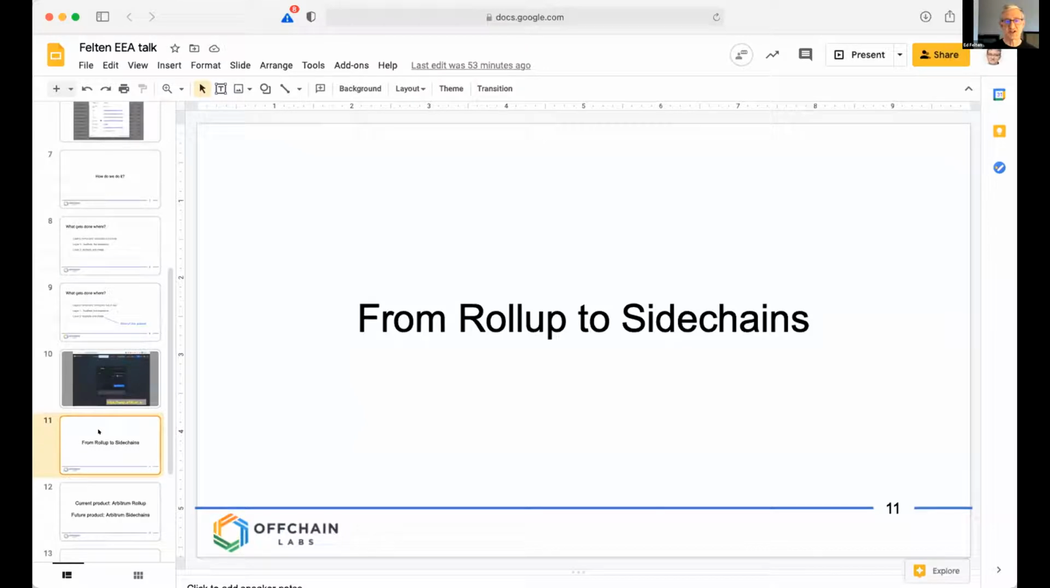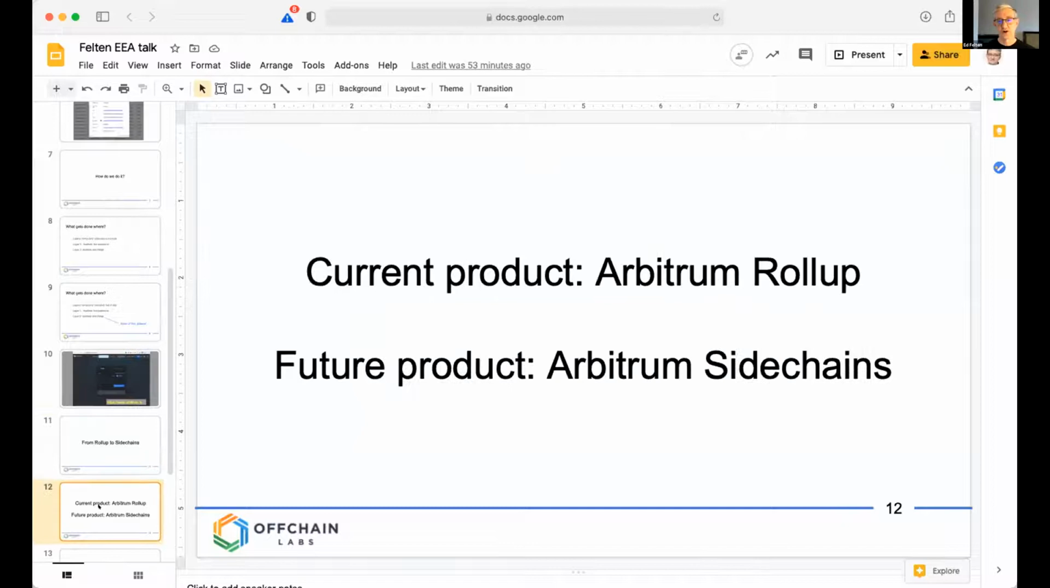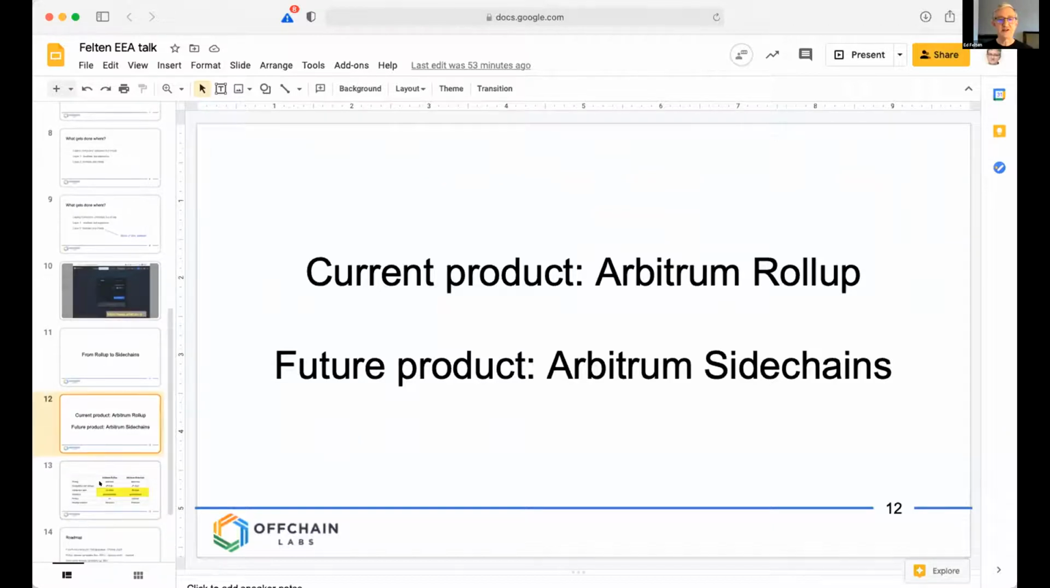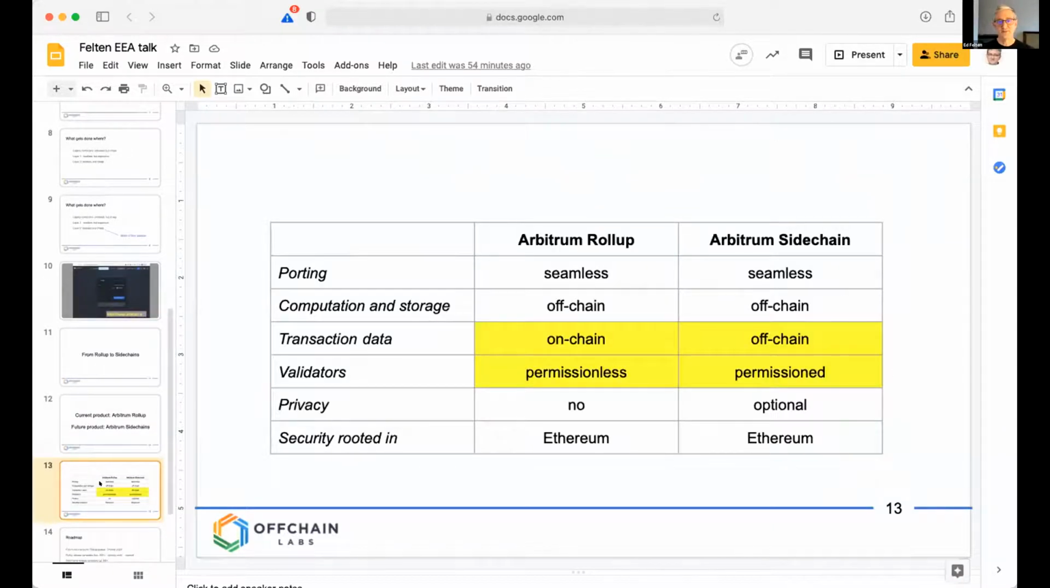Okay, so now let me switch gears from talking about Rollup to talking about side chains. Our current product is Arbitrum Rollup. A future product that we're developing, about maybe 6 months behind Arbitrum Rollup, is what we call Arbitrum side chains. And here's the difference. If you compare Arbitrum Rollup, or really any Rollup, against an Arbitrum sidechain, the main difference is a move from the validators, that is the parties who actually execute your transactions and who participate in the correctness of